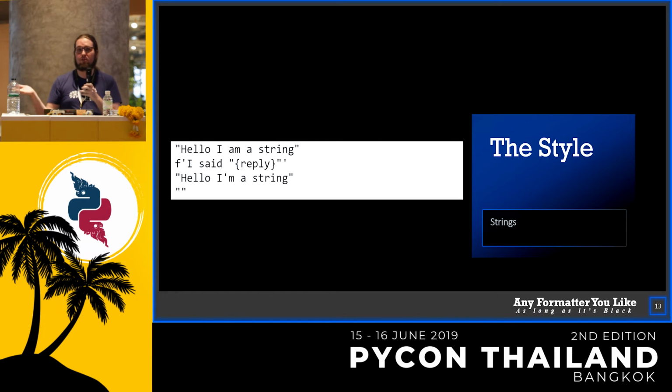So yeah, this is obviously a point of contention. We've received lots and lots of feedback about this. This is Black's opinion, and if you find it hard to write double quotes because on most keyboard layouts you have to press one more key, feel free to just type single quotes and Black will also format them for you.